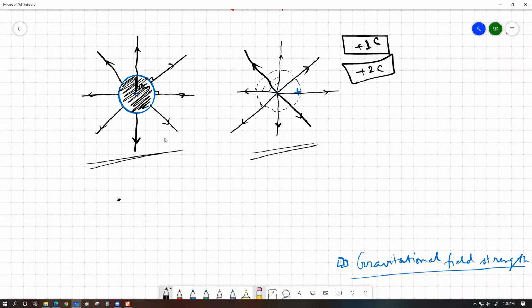As this field line leaves from here, this is going to produce a perfect 90-degree angle right over here, and so on and so forth. If we did not consider a spherical object, rather let's say a perfectly cube object, let's say this cube is also charged by +2 coulomb. So it's also going to produce 8 field lines around it, but these 8 field lines are not going to be produced in the same orientation like this. Let's say 4 field lines I can draw pretty easily, like that, like that, like that, like that. But the other 4, I'm going to have a bit of difficulty to draw those other four field lines,